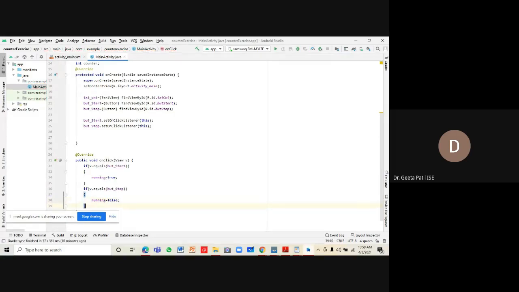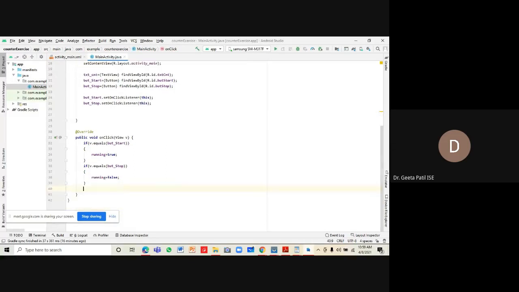And after making this change, we are calling some function, fun one. Fun one is the function which is used for incrementing the counter. Now again, fun one is not defined anywhere. That is why you can see it is in red color.